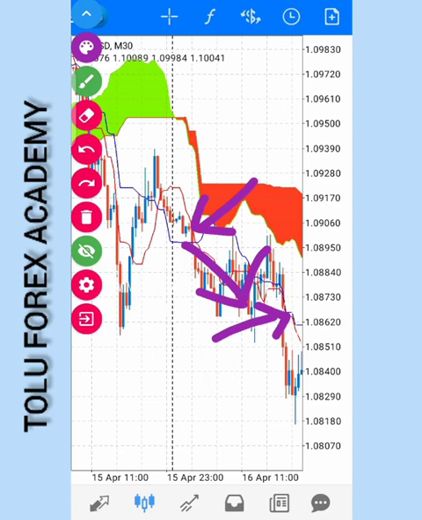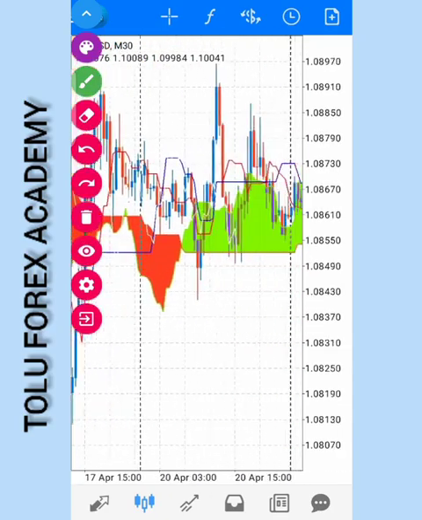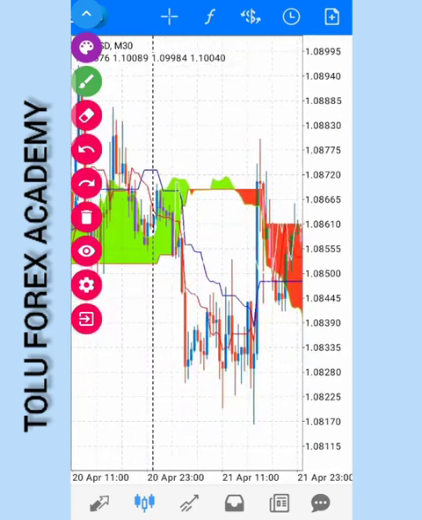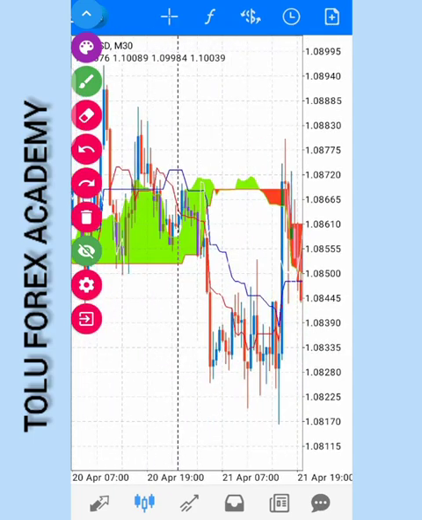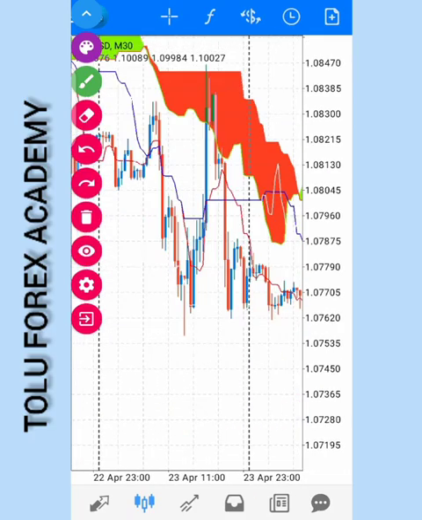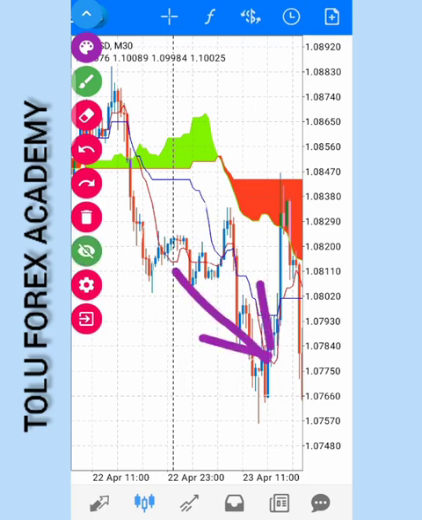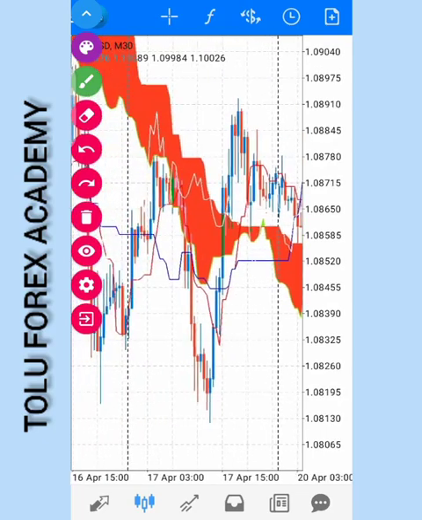All right, and you want to check another setup here. Okay, this is another downward trend below the cloud. This is another typical example of a downward trend below the cloud also. So you want to check for, like I explained before,